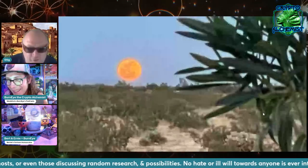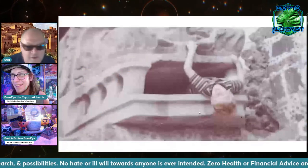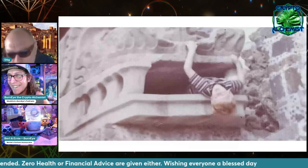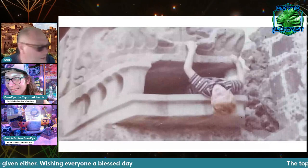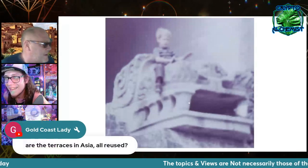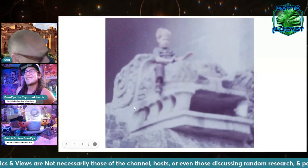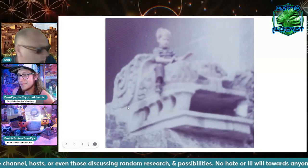That's my view. That's me in the Temple of Quetzalcoatl. Oh wow. I was like 2 years old, and at that temple in Mexico, they didn't have the rules set yet, so they let me climb all the terraces. Look at that. That's awesome, man. All the terraces in Asia, all the terraces all over the world. Start with South Africa. I went to